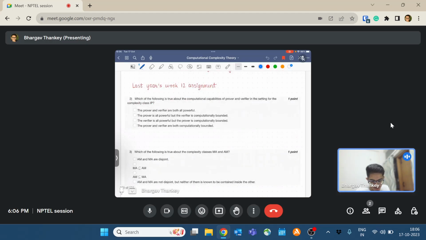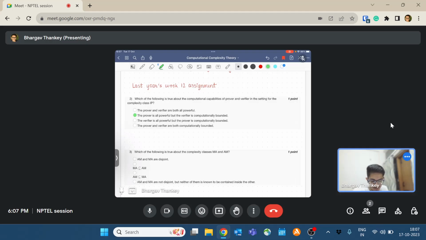The first problem is: which of the following is true about the computation capabilities of prover and verifier in the setting of the complexity class IP? The options are: the prover and verifier are both all powerful; the prover is all powerful, but the verifier is computationally bounded; the verifier is all powerful, but the prover is computationally bounded; and the prover and verifier are both computationally bounded. The correct answer over here is that the prover is all powerful and the verifier is computationally bounded, as we